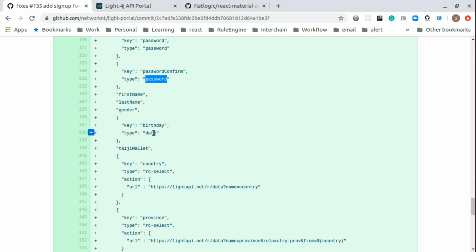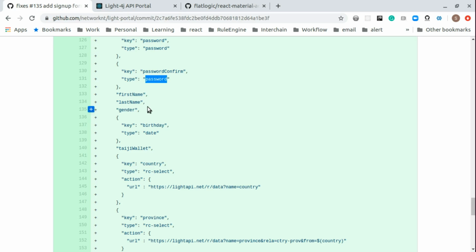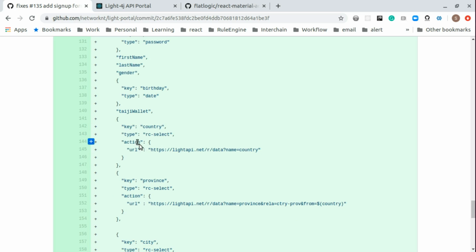First name, last name, just a normal text box. Birthday, it will display the date, and you can see the date is just like this. Things like that. Then gender, wallet, and country. So you can see country type is rc-select, which is what we pass in the mapper, and the action will be